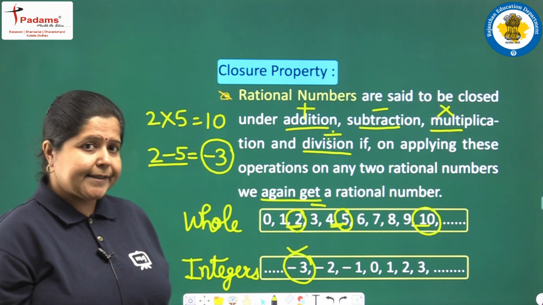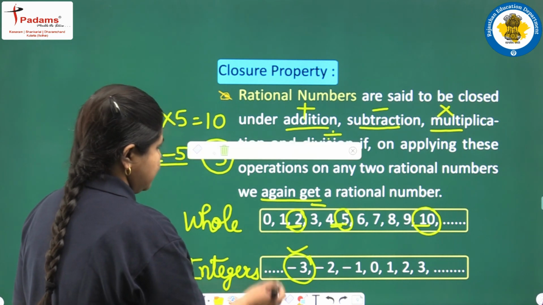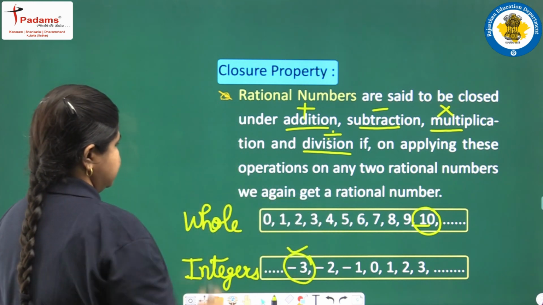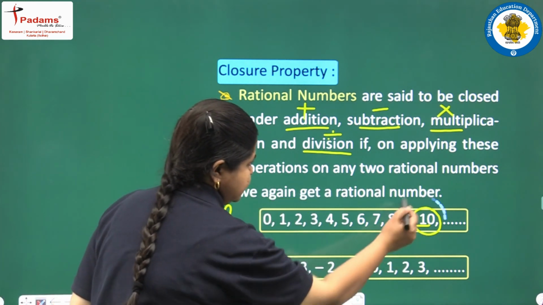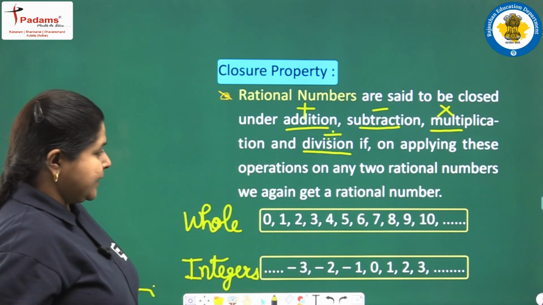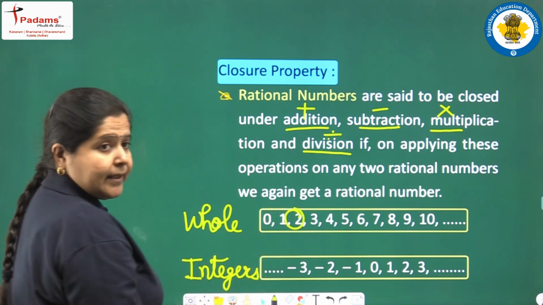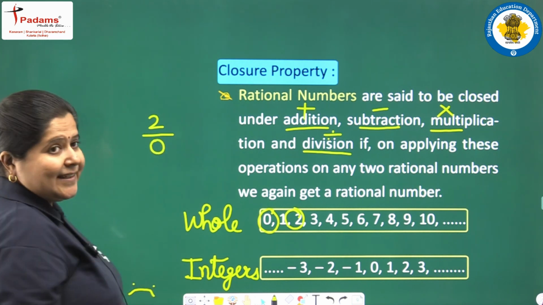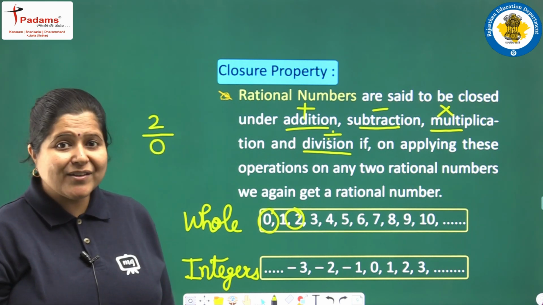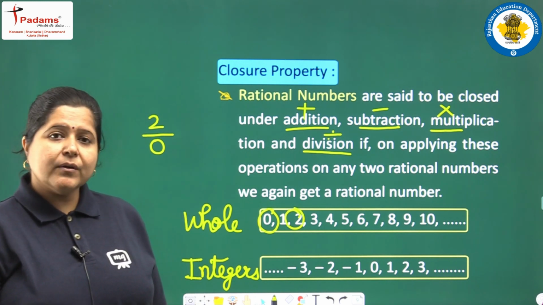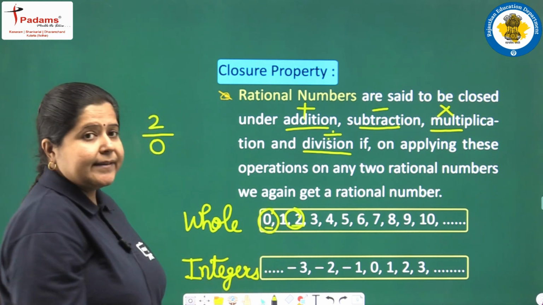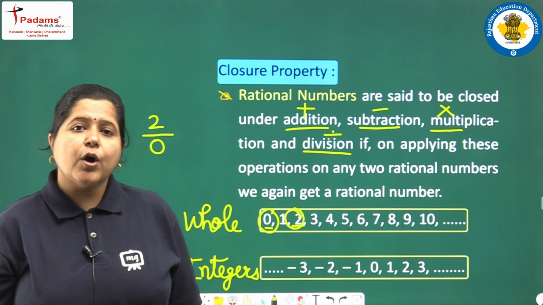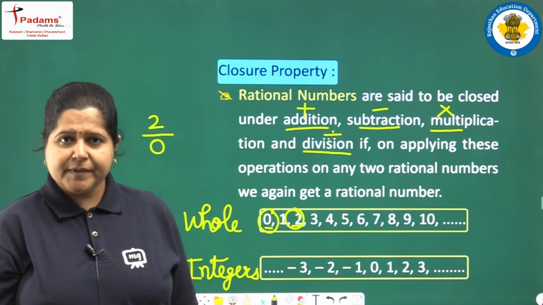What about division? Let us try that also. First let us remove whatever work we have done. Now 2 is also a whole number and 0 is also a whole number. Let us divide 2 upon 0. Now is it defined? No, it is not defined. We had learnt it earlier also. So when we are taking two whole numbers, their division in this case is not a whole number. That is why division is also not closed for whole numbers. I hope this is clear to you.